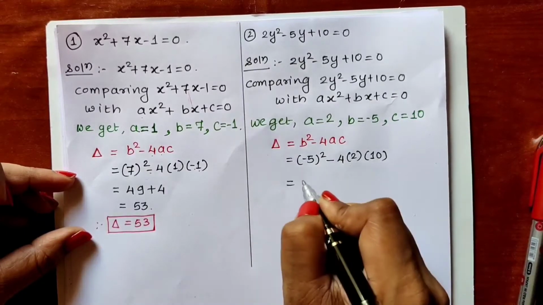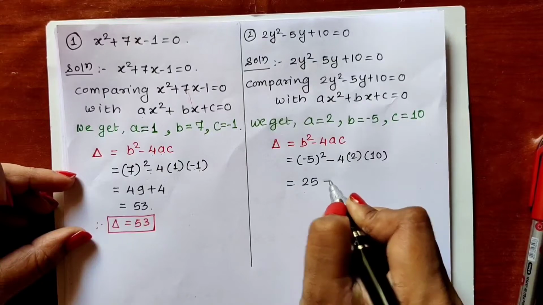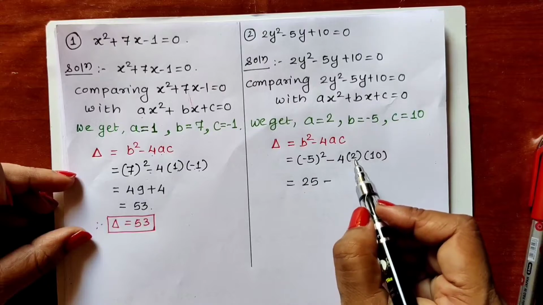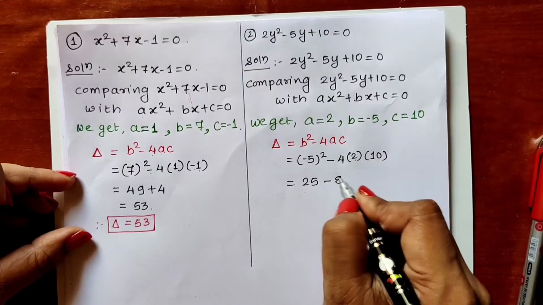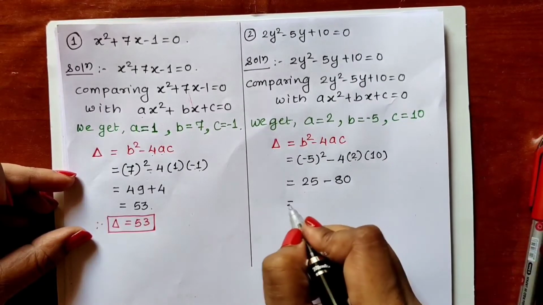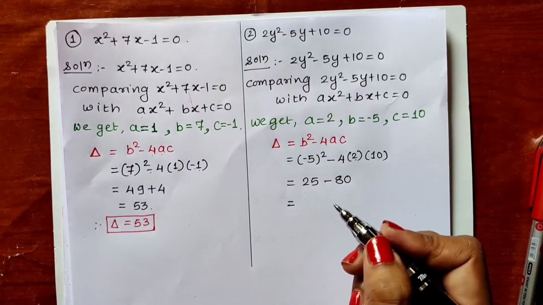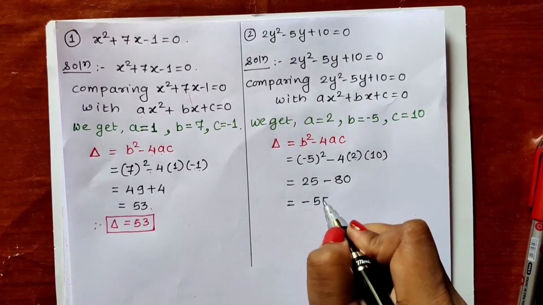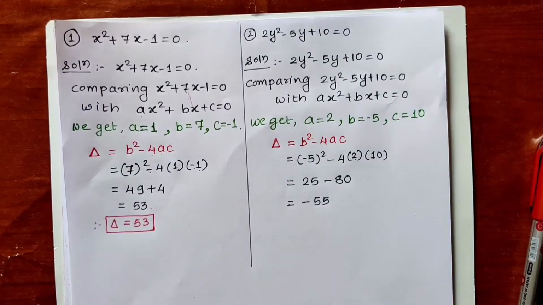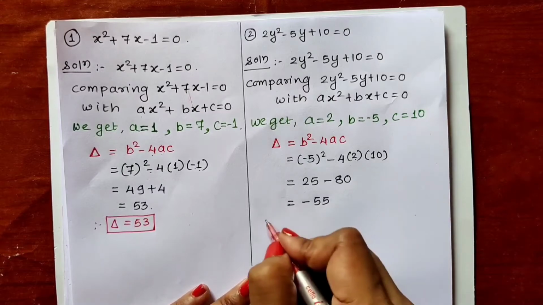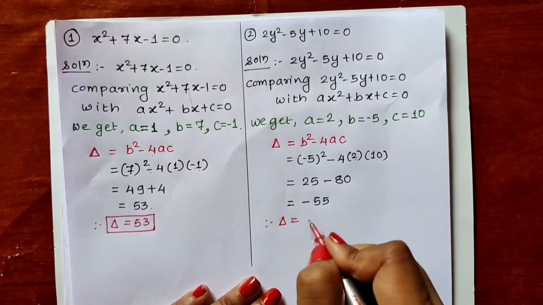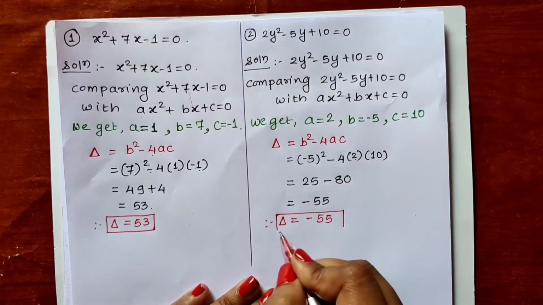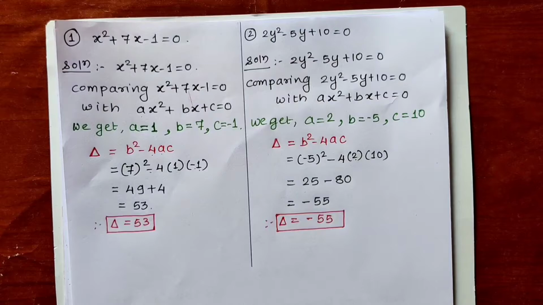So minus 5 square, we all know it is 25. Minus sign, because no other minus sign is there, so I have to put minus sign as it is. 4 2s are 8, 8 10s are 80. So plus 25 minus 80. Plus minus will become minus and answer will be 55. 80 minus 25 is 55, we all know. So answer is minus 55. Therefore, discriminant is equal to minus 55. This is the answer. Now let us go on third sum from same question.